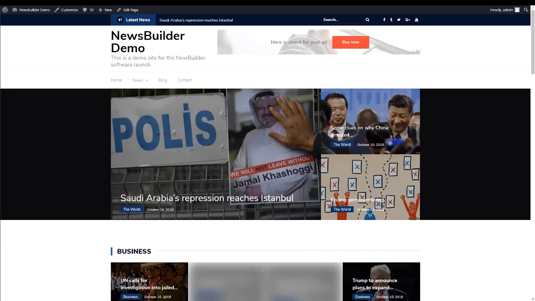Before we begin going over the content itself, I know you're probably wondering how you actually make money from this. The main way to make money from this is a CPM based ad network like AdSense. CPM ads are probably going to be how you make the majority of your money when using the NewsBuilder plugin. The reason for this is the ads that you run on your website are going to be highly targeted to your audience, as the content they're consuming, e.g. the news itself, is very, very specific. This allows Google to deliver very precise ads which pay far more than the generic ads that you may see